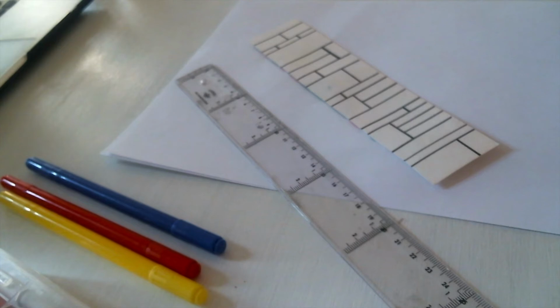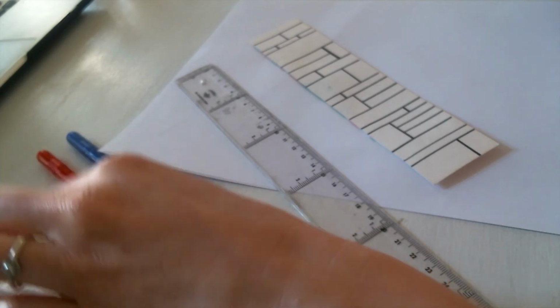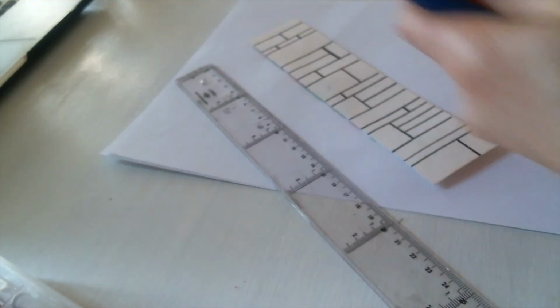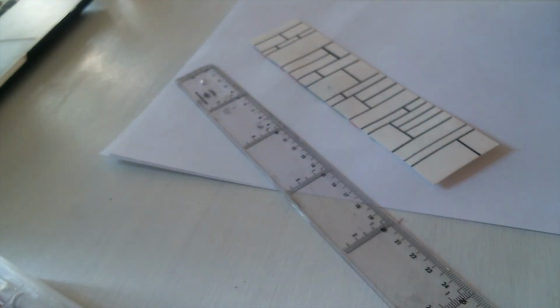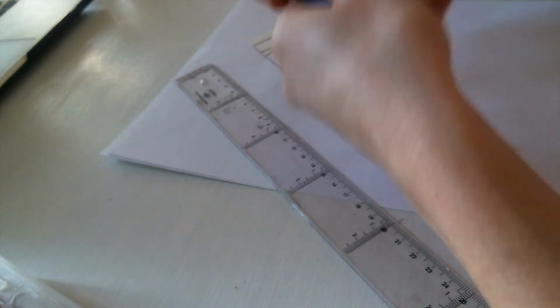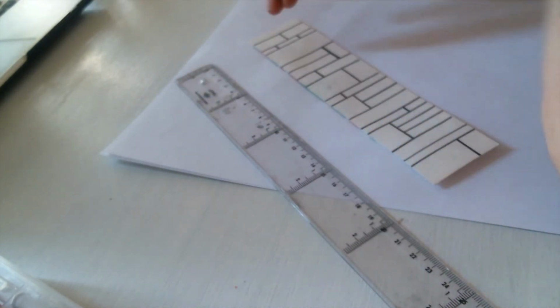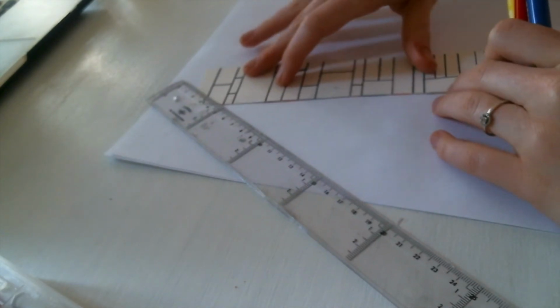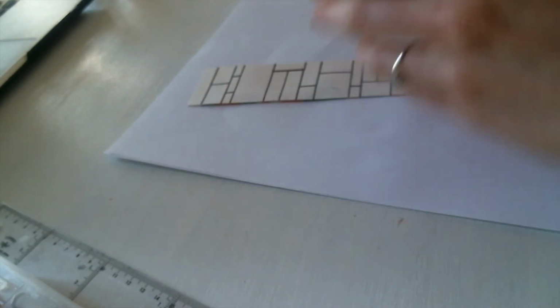Third step, it's time to fill the white gaps with the three primary colors. We have blue, red, and yellow. But as I said before, you can use the colors that you like most. In my case, I really want to do the same as Mondrian did. Well, at least try to. So I will use these three colors and, of course, the black lines that I already have. And I will just try to do my best filling the gaps. So